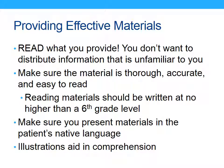Okay, I have been given all kinds of literature from doctors, hospitals, pharmacists that I've gotten home and looked through it and thought, clearly nobody read this before they handed it to me. I read everything they give me, but probably more for professional reasons than personal reasons, because everything I read, I get to assimilate that, and then later as a teacher, I can use that to educate students. So I read just about everything I can get my hands on. Well, I read anything I can get my hands on anyway. But